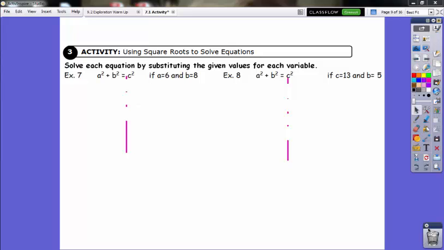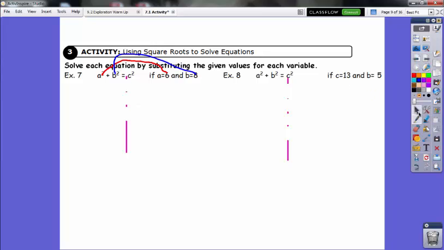Okay, for final activity number 4, you're going to still solve equations, but now you're going to substitute variables in. So for the first equation, we have a squared plus b squared equals c squared. A is 6 and b is 8. That means where you see an a, you'll put a 6, and where you see a b, you will put